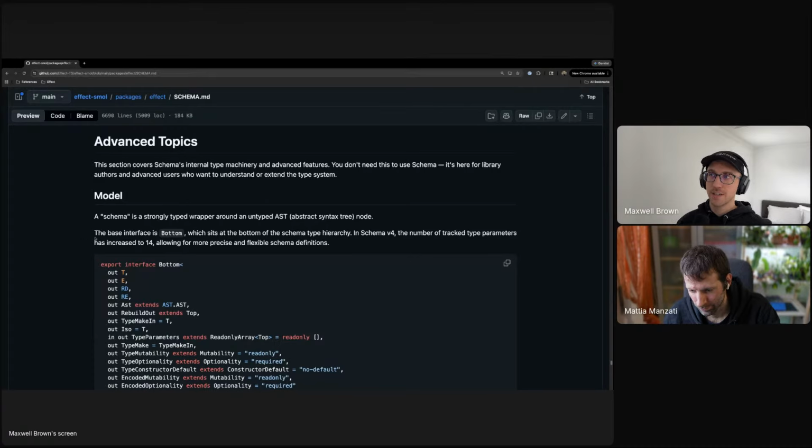So there is a section in the schema.md file in Effect that goes over this. It's kind of like an advanced topic, and it's mentioned specifically that this is really not needed to use schema, and it's more for any library authors or advanced users who want to understand the schema type system or who need to tap into it. But